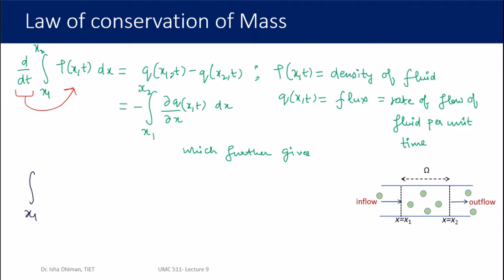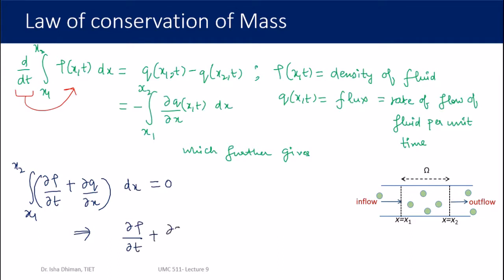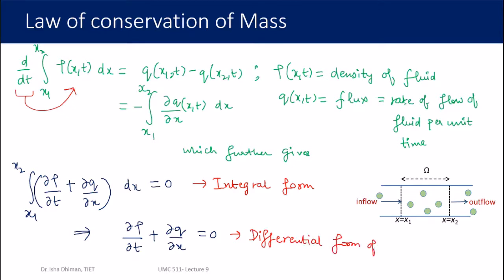So you'll get del rho by del t, and you shift the right hand side to the left hand side, you get 0, which further gives you del rho by del t plus del q by del x is equal to 0. This is called the integral form, and this one is called the differential form of conservation of mass,